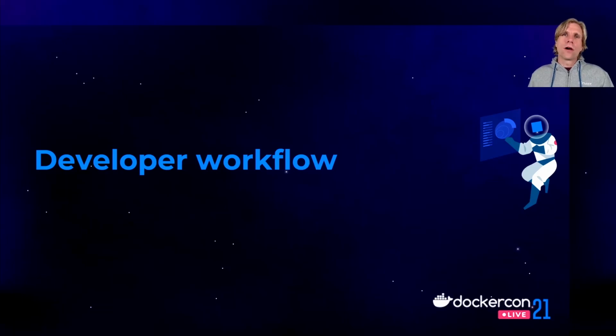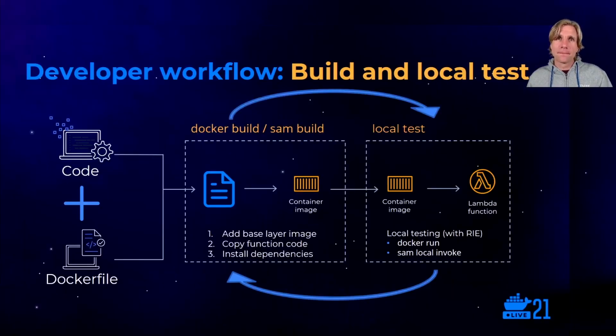So let's now look at the workflow to get your code into a container image and running in Lambda. You start by writing the code for your Lambda function using whatever IDE of choice, and then you write a standard Dockerfile, which I showed. And this pulls the base image you want. It then copies the function code and installs any dependencies. You then use Docker build, the normal Docker build, to create the function image. And again, you can use Docker's multi-stage builds to squash unnecessary layers in your final image, which is super useful